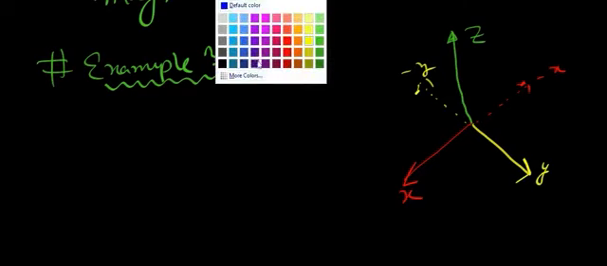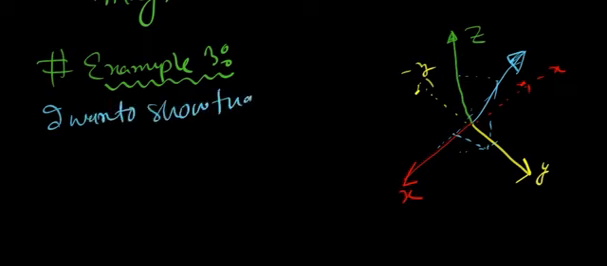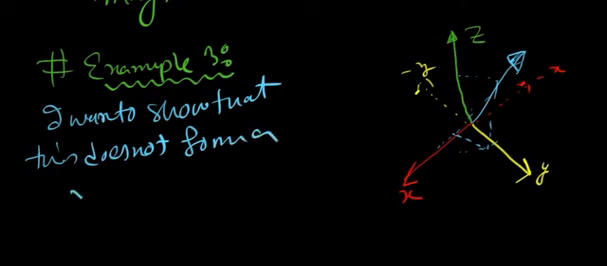And any vector over here has a component in the z-axis, in the y-axis, and on the x-axis, right? I mean like this, though the drawing is not very accurate. But here notice that we haven't drawn the minus z-axis. So if I want to show that this does not form a vector space,